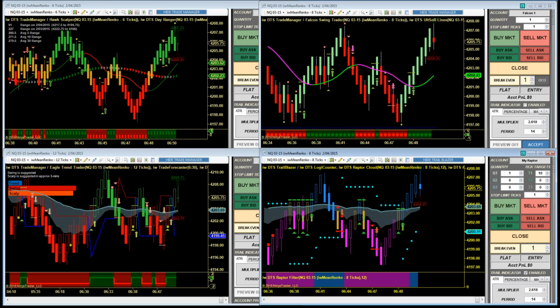Last but not least, let's take a look at the Raptor. I see JP is asking about the Raptor. Hold on one second here. I'm going to throw the trade management software on the Raptor. JP is asking about